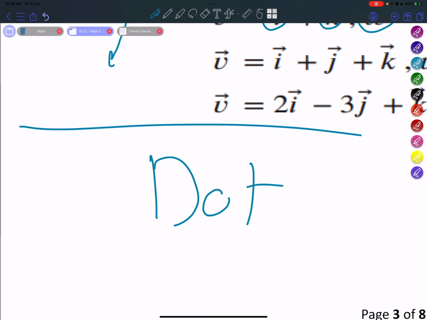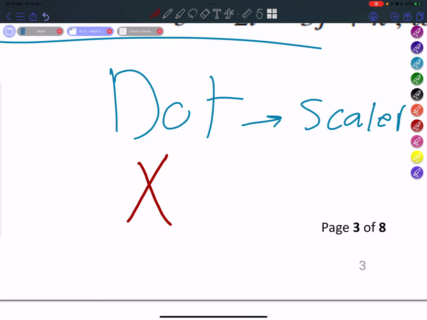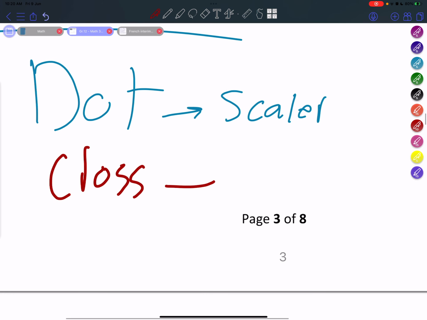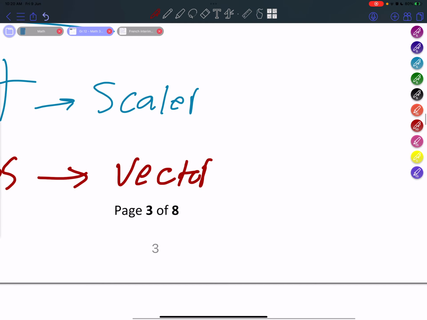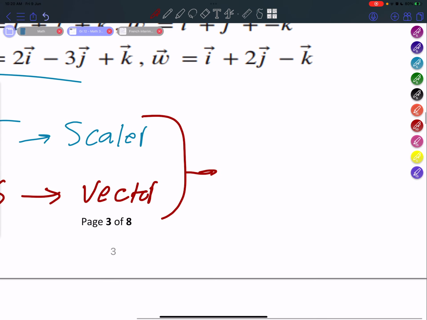If we use the dot product rule, we will get a scalar value. But in case we use cross multiplication, we will get a vector value. And to double check on that, our answer at the end will be x something with a component, y something with a component, and z something with a